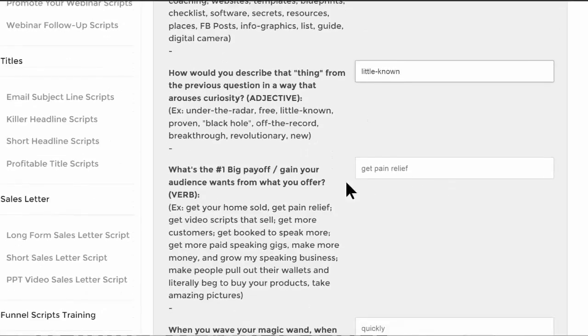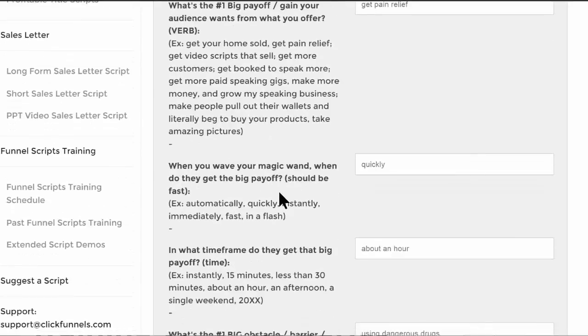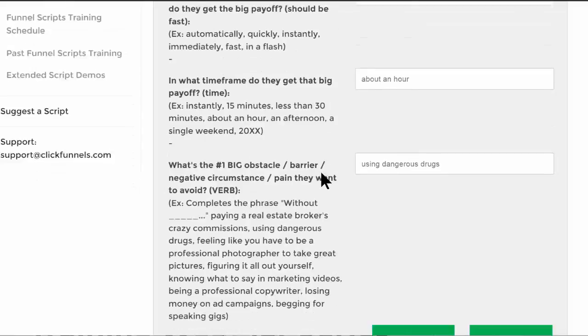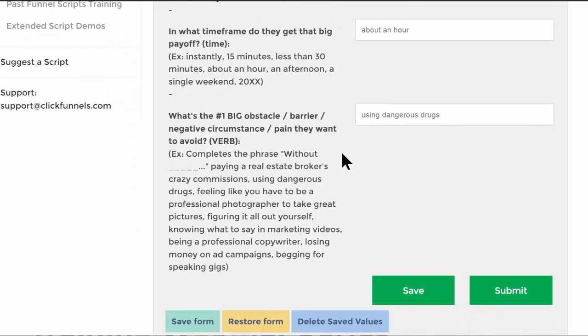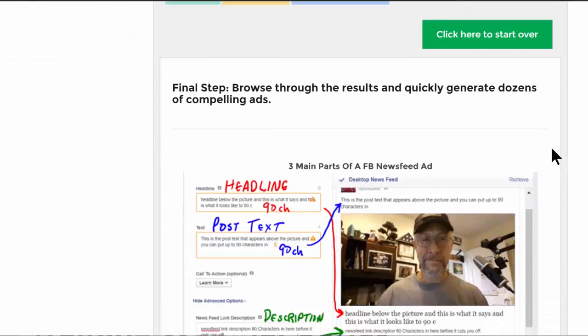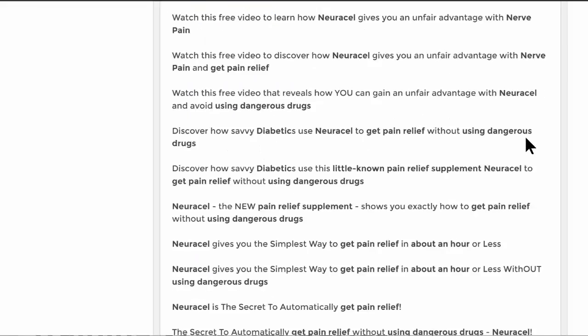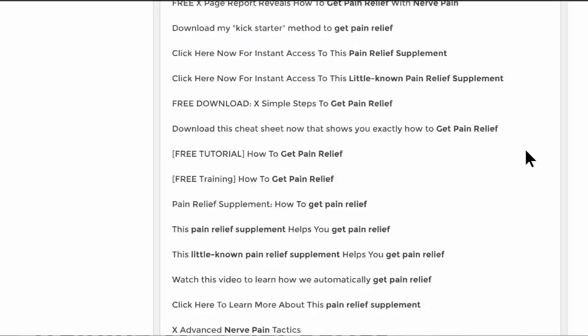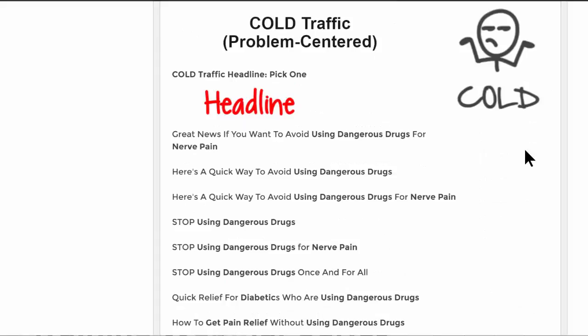Number one big payoff that they want is get pain relief. When do they want it? Quickly. What time frame can they get it from what we're offering? About an hour. And what's a big obstacle that they want to avoid? They want to get that result without using dangerous drugs. So let's click submit. And then we said that this was cold traffic. So let's scroll all the way down to the bottom. Cold traffic is problem-centered,